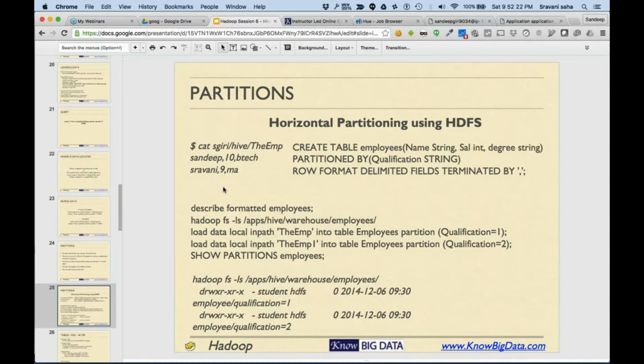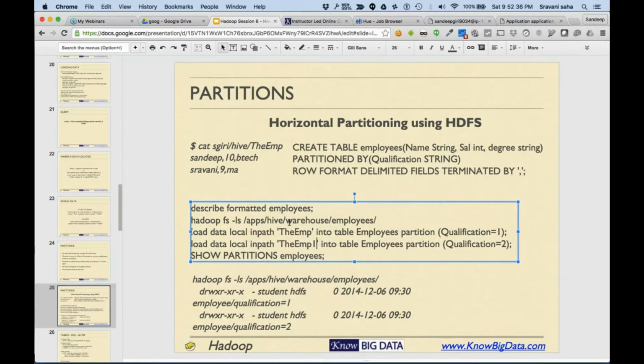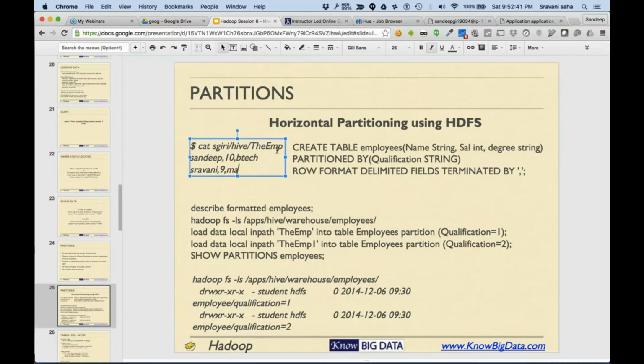So let's talk about partitions. Imagine that you have a table called emp. It has three columns, with values like Sandeep 10 BTech, Shravani 9 MA, and so on. Now you have another table called emp1 which has other values.